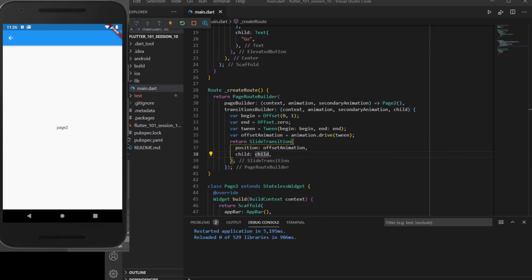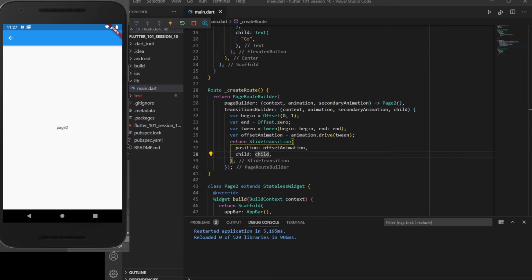There are also various packages which you can use for adding animations inside your application. You can explore all of the packages and animations available by yourself. Now we'll see how we can animate a particular widget inside our Flutter application.